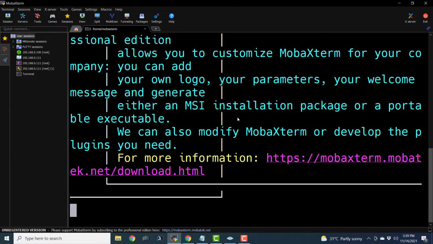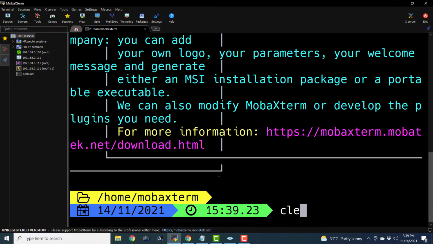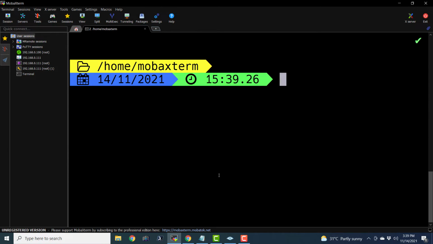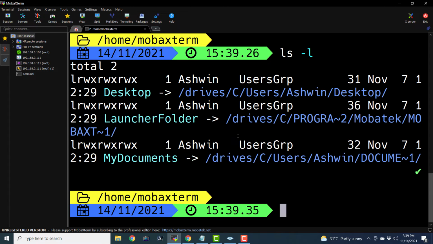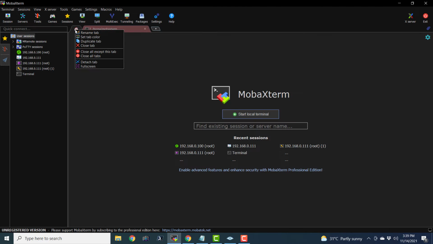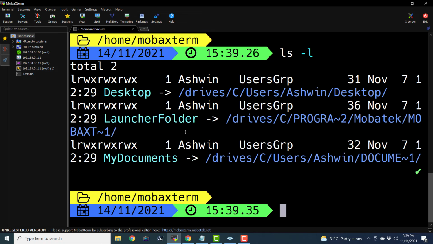So this is the command prompt of my Windows computer. I guess it is internally connecting to a tool like PowerShell. I'm not sure, because it is able to execute Unix commands on my computer also, which is a Windows computer. So let me close the unused tab. And now we can log in